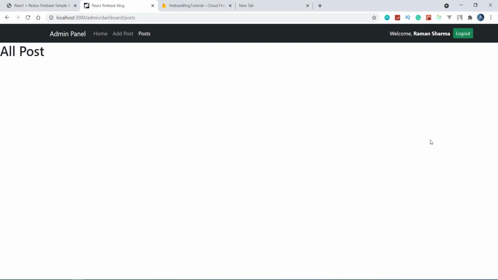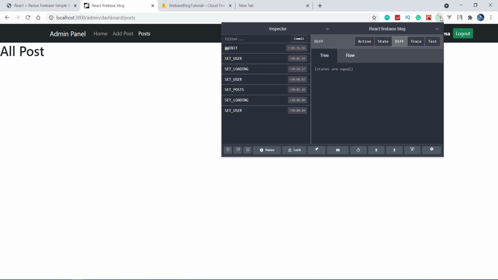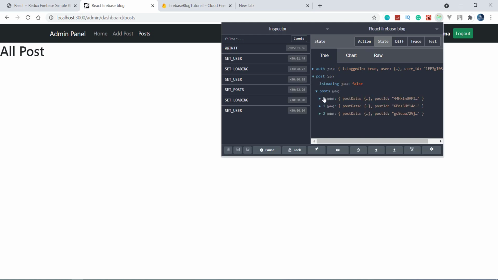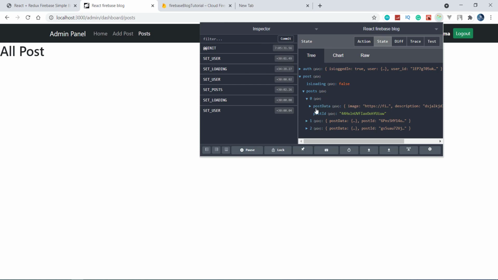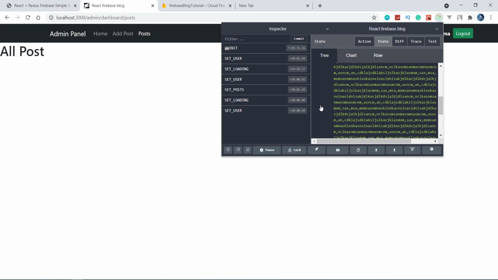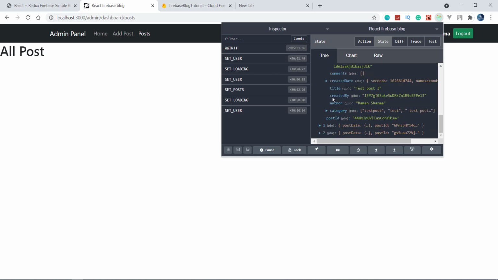And in the post, what are we getting here? Let's go here. In the state post, and then in the post there is an array. In the array there is one object, and in the object there is postData and then postId. So we will go to the postData, and then we will match the createdBy here.